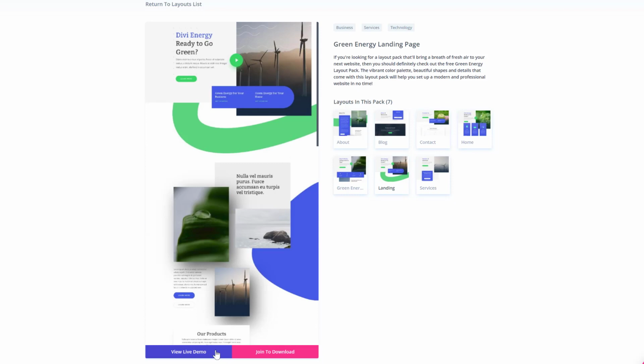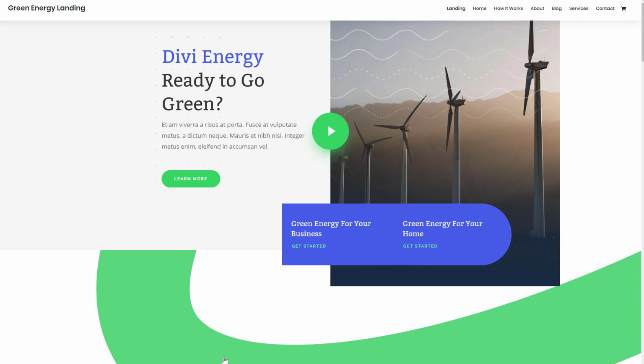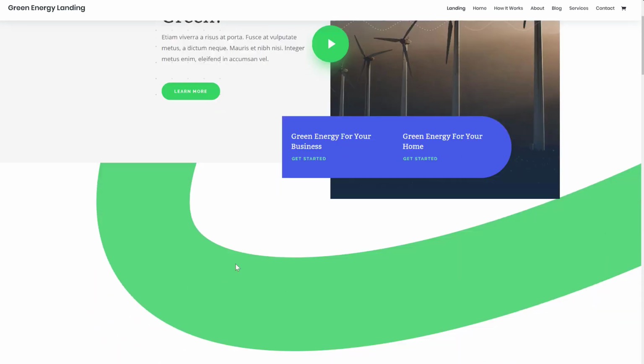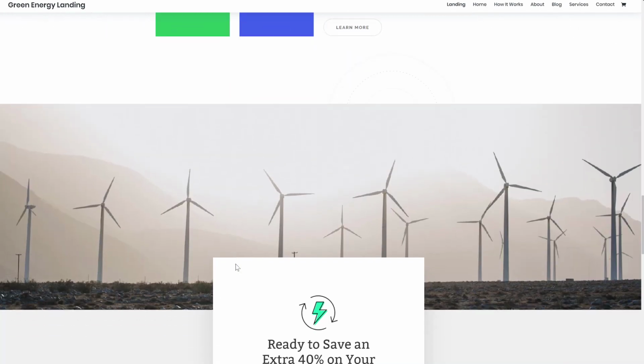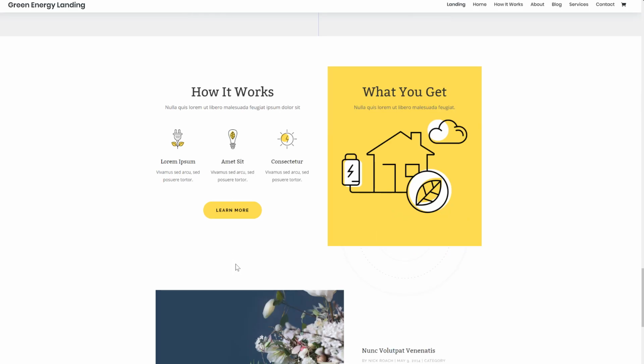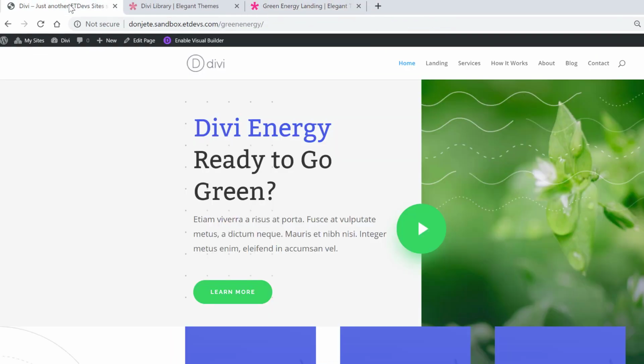So you can join to download or click on the blue button which says View Live Demo. And this will redirect you to a live website where you can go ahead and discover all of the different layouts that come with this layout pack and decide for yourself which ones you want to use on your website. So once you decide to use the landing page, for instance, you can go back to your WordPress website, go to your WordPress dashboard,